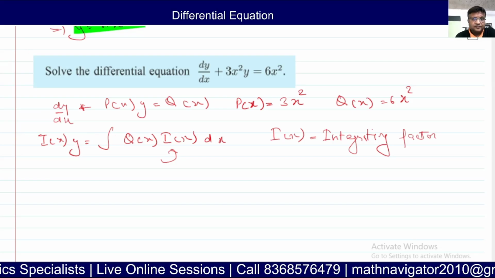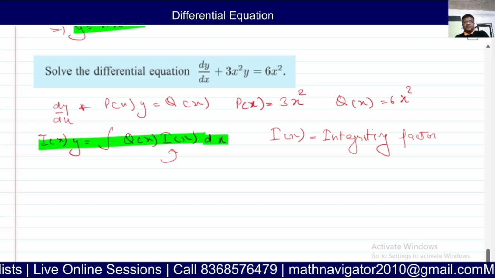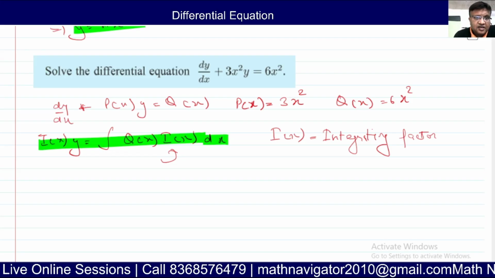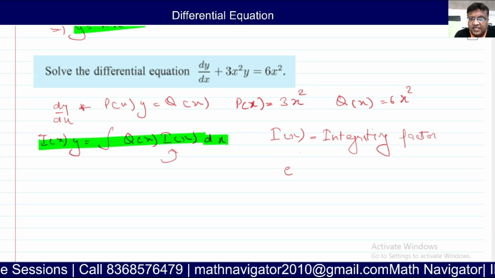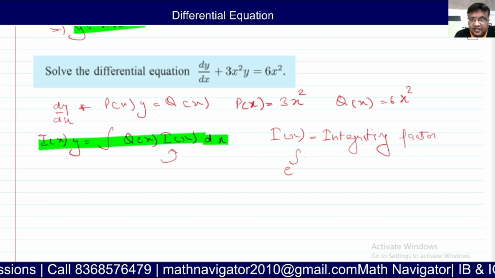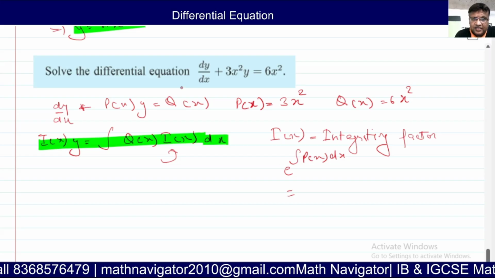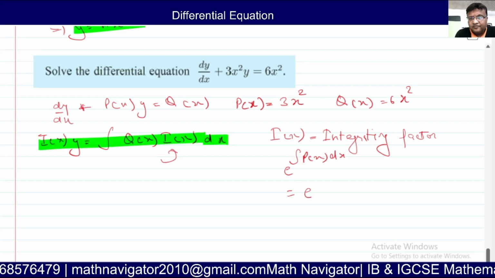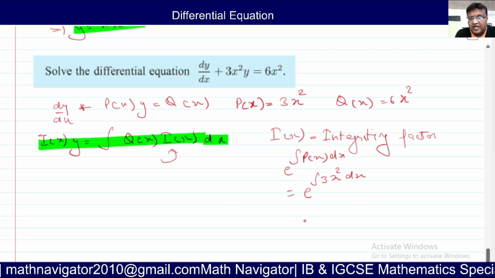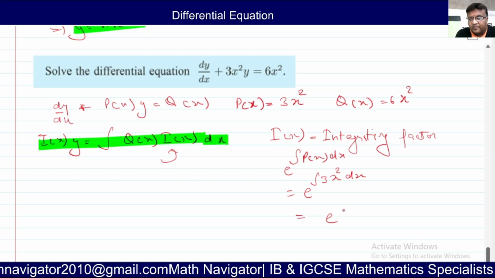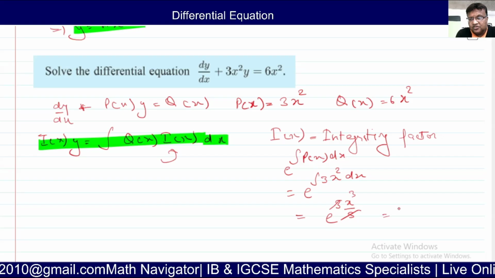If you remember this thing or you practice this thing, then it becomes easier, so you know directly what to do, right? So now, how do we find the integrating factor? The integrating factor is found by e raised to the power integration of Px dx. In this, you don't have to take the constant. So in this question, e integrate, what is my Px? 3x squared dx. So e raised to the power of 3x cubed by 3, the 3 cancels, so e raised to the power x cubed.